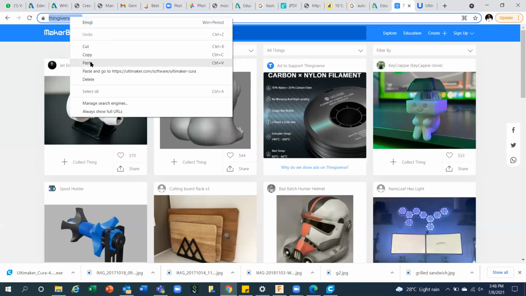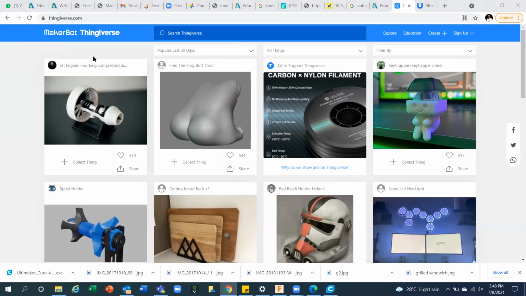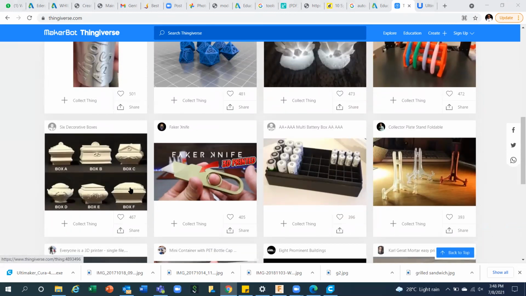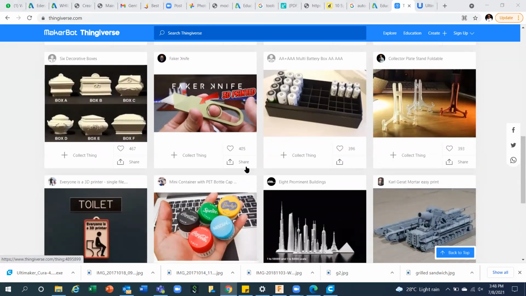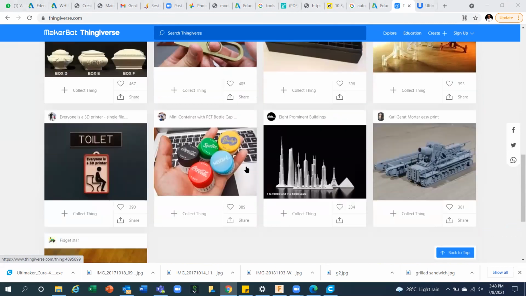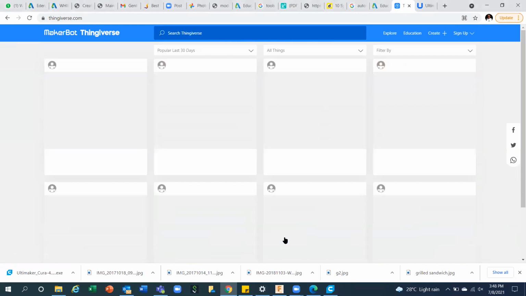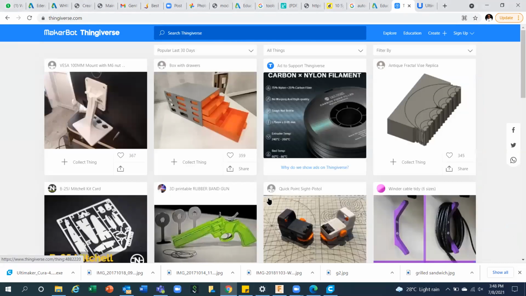Thingiverse.com. I will share this link in the chat box. You can copy it. Thingiverse.com, where a lot of materials are available. And these files are available in STL format. You do not need to design. You can simply download this file and open these STL files in any of the slicing tools, and you can generate the G-code and get it 3D printed.